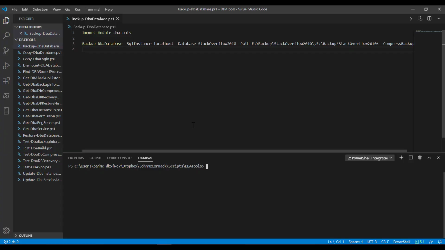So here we are in Visual Studio Code using DBA tools. I'm using the Backup-DbaDatabase command and passing in the parameters as you can see on screen. So the SQL instance is localhost, the database name is Stack Overflow. For path, I've got 2 different locations which are comma separated, and I've asked it to compress the backup. So pretty much just the same as everything before. And if we were to run this line here,